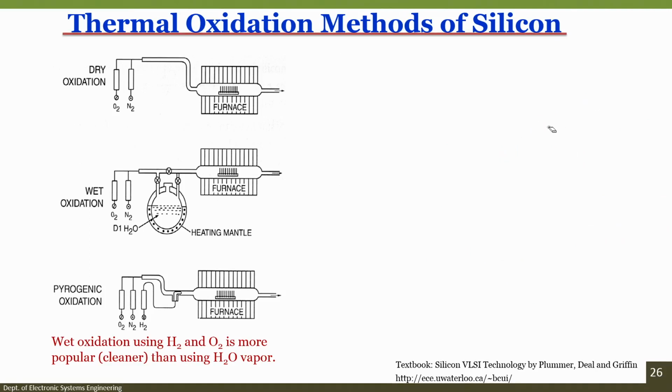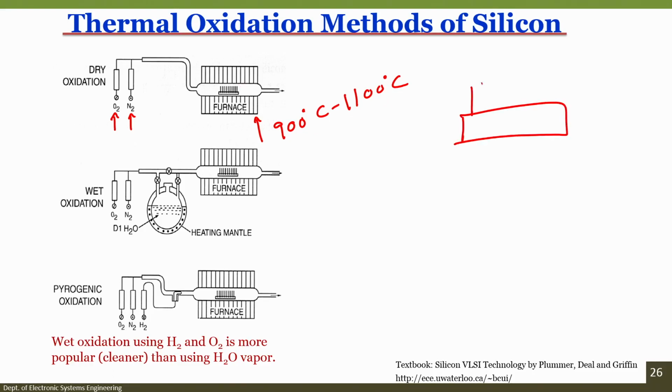So, coming back to thermal oxidation, like I said, the first one is dry oxidation, in which you have oxygen and you have nitrogen. Now, what is the role of nitrogen? What you see here is a furnace. What is the temperature? We have seen it should be anywhere between 900 and 1100 degrees centigrade. So, I heat the furnace between 900 and 1100 degrees centigrade, and these lines that you see like this